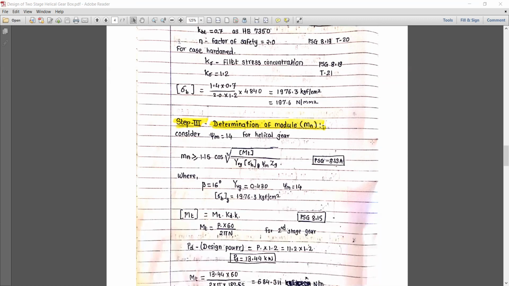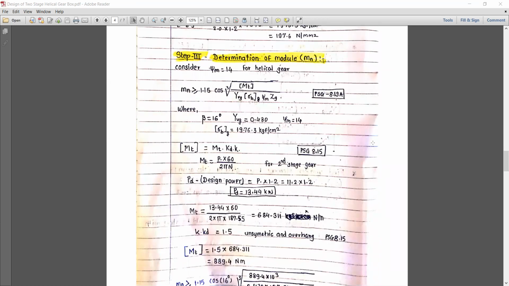Next one, we need to find out the normal module. Referring page number 8.13a, Mn should be greater than or equal to 1.15 cos beta cube root of design torque moment divided by Lewis form factor into design sigma b for gear, psi m and z2. You can say z2 or zg. Okay, beta 16 degree, Lewis form factor is 0.431, psi m is equal to 14, and the